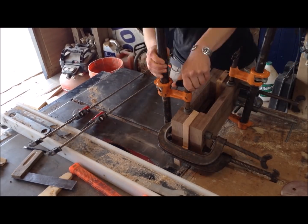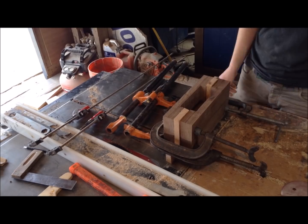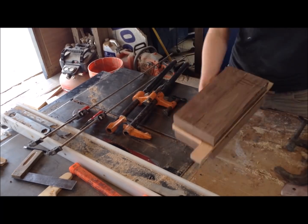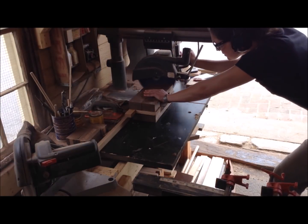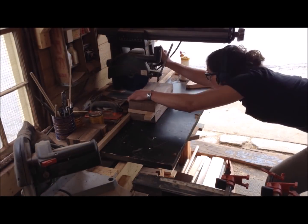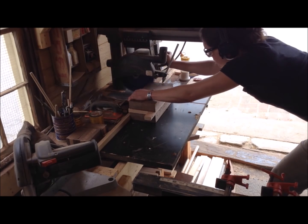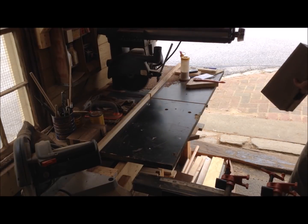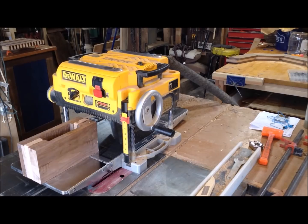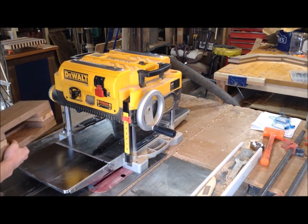And I let this sit up overnight as well. So the end of my arch ends on, one side ends on a socket and one side ends on a tail. So the tail end I'm going to be putting into the box. So I had to clean up the box and get it pretty square in order to cut that socket into it. So I just went to the radial arm saw and I roughly cut off all the excess,